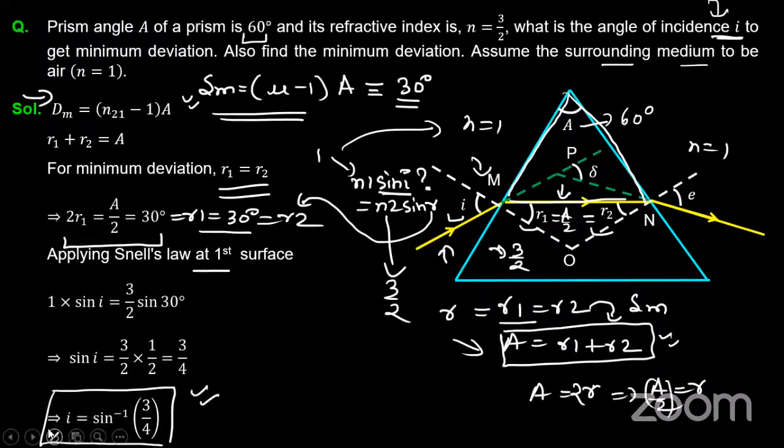I'm highlighting this solution in your notebook. It's important because it contains two variables. I mean, you need the angle of deviation from one equation, then you need the angle of incidence which produced that minimum angle of deviation. Please note it down. I'm giving you 2 minutes for this. Then you have to put a text in the chat box, sir, proceed for the next slide. Till then, I'm waiting. Please write this solution in your notebooks. It's an important question.